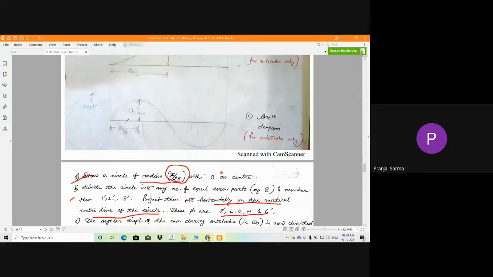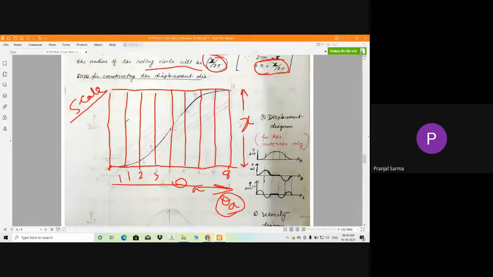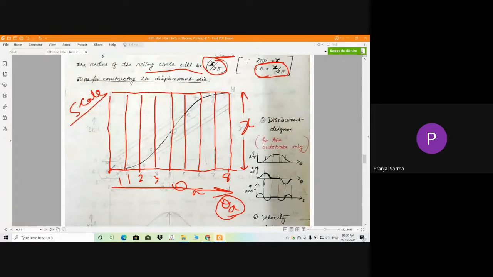Now what we are going to do is draw the diagram. From the center point of the particular circle, we are going to draw along. And from all the other points that we have already projected here on the vertical diameter of this particular circle, from these points we are going to draw parallel lines parallel to the